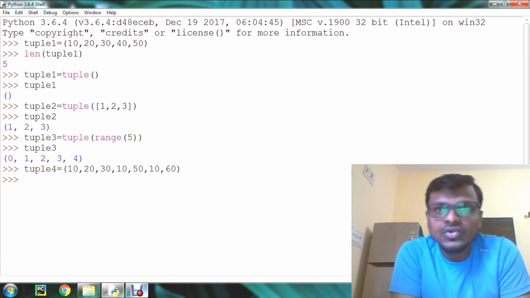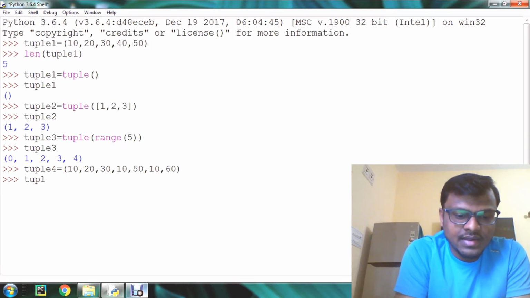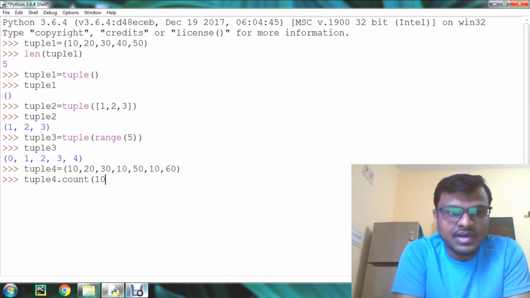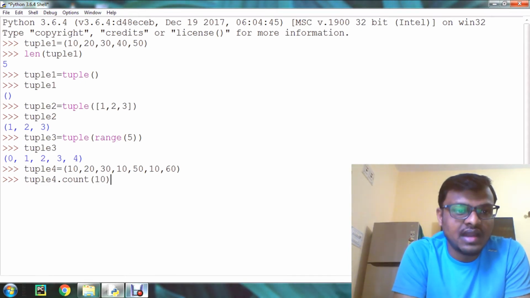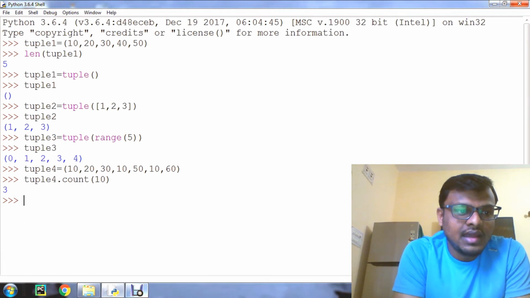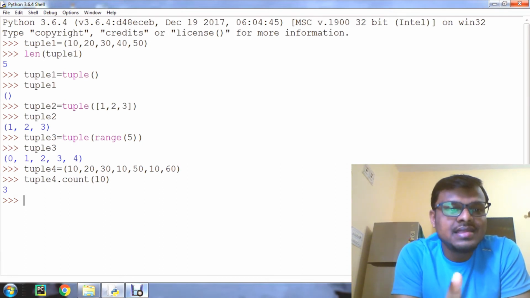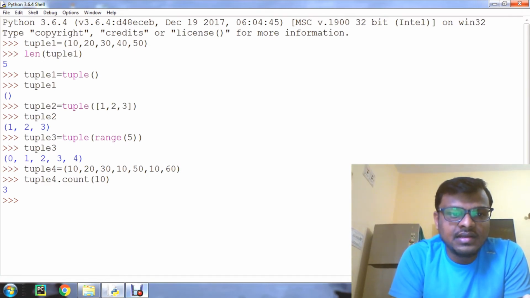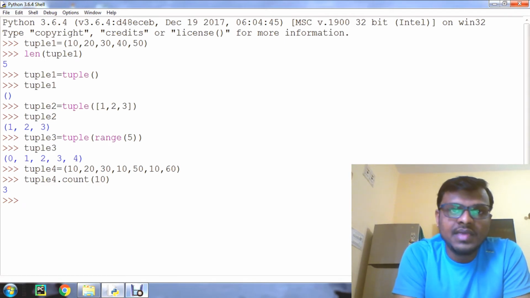Now I am going to use the count method, like this: tuple4.count, and I should pass the element as the argument to get its count. I am passing 10 as the argument now. Now see the output: 10 appeared 3 times in this tuple4, that is at the 0th index, third index and fifth index. Got it? That is the use of the count method.